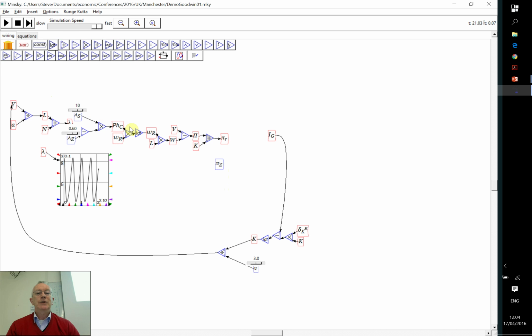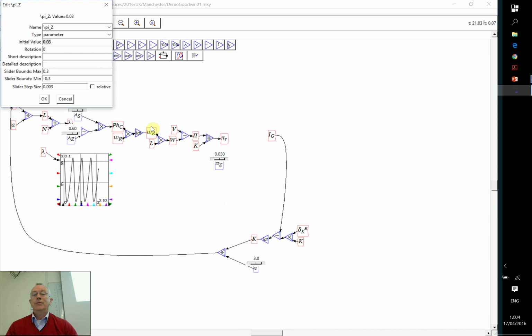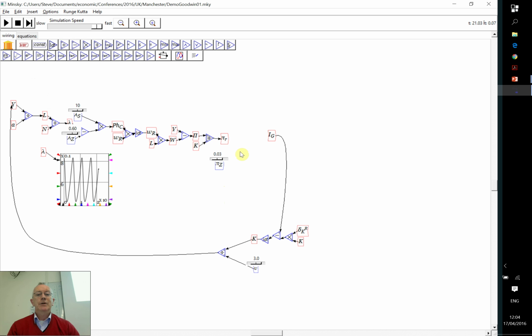Again, I'd like to make all these steps possible to do in one go, but it just takes time to get the coding written so you can actually put all these operations together in one go. And vary it between, say, 10% rate of profit and a 1% rate of profit with a step size of 1% for that minimum rate at which they're willing to invest. So you subtract that, you've now got the gap between the actual rate of profit and the rate of profit at which they simply invest retained earnings, and then let's just move this over here a bit, multiply that